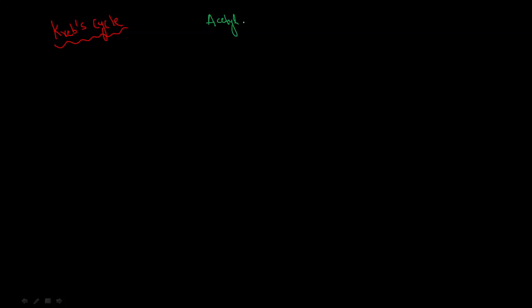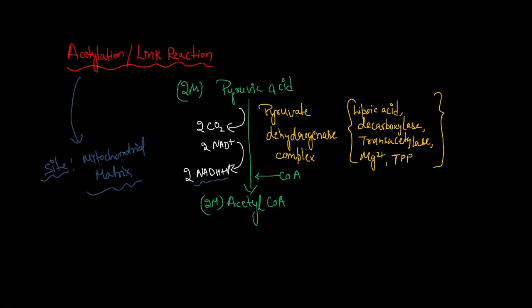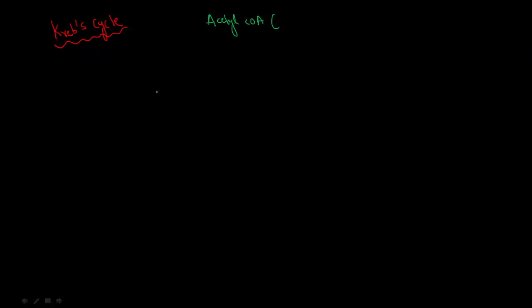acetyl CoA, which was formed during the link reaction only, right? During the acetyl reaction or the link reaction. So acetyl CoA is a 2-carbon compound, and this acetyl CoA is now going to add up